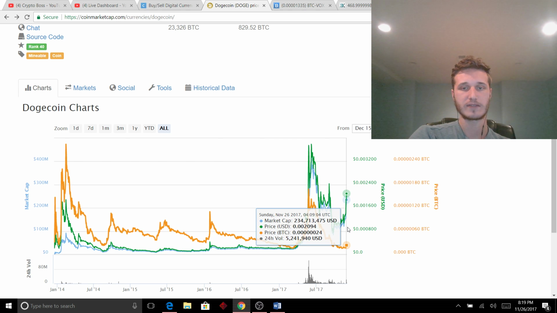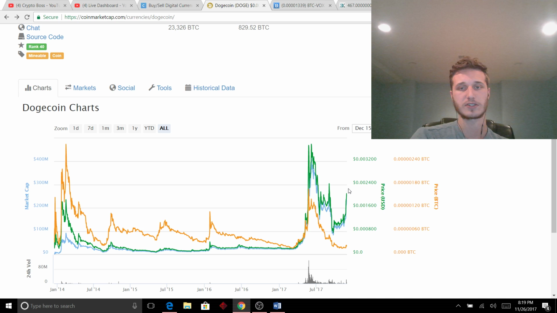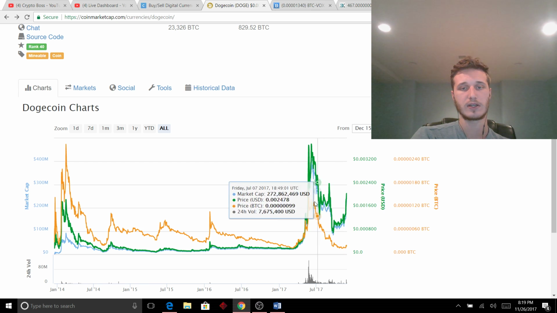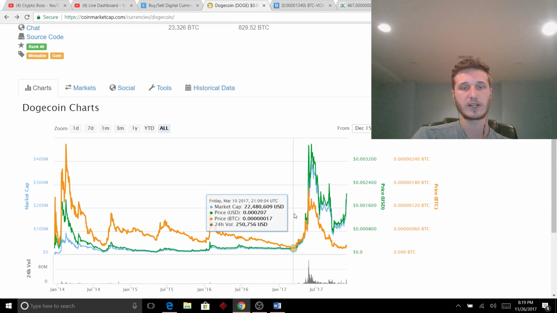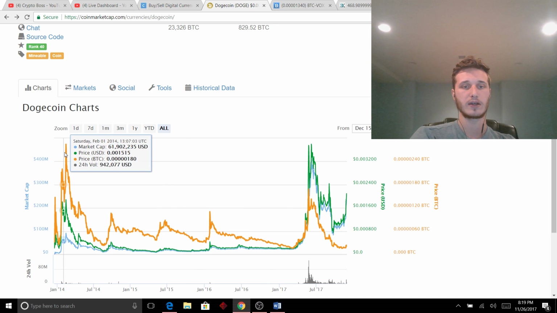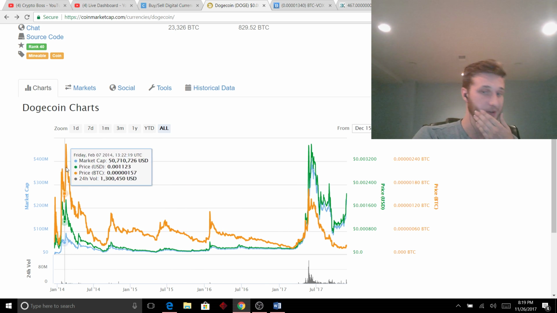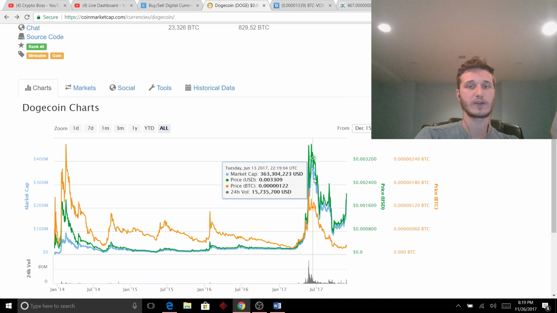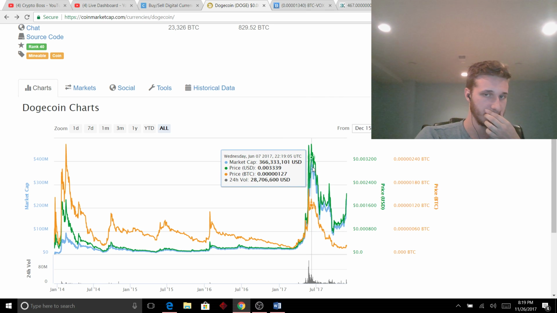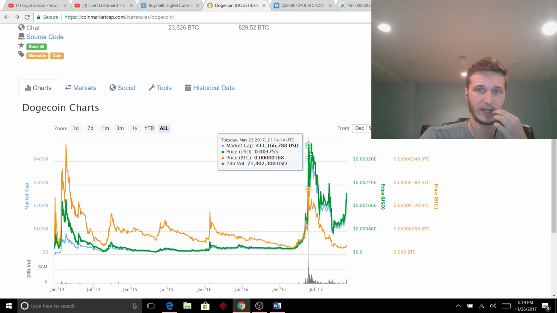the current price of Dogecoin is 0.2 cents, and that's because it just spiked. So 0.2 cents, yeah, if you bought it over here, that's good, because here's 0.02, but you might have to wait 3 years for it to have a big spike like that. So this spike, as you can see, it spiked all the way up to